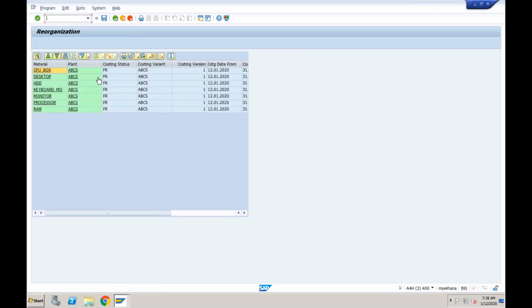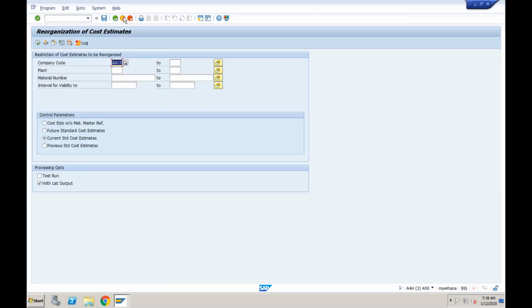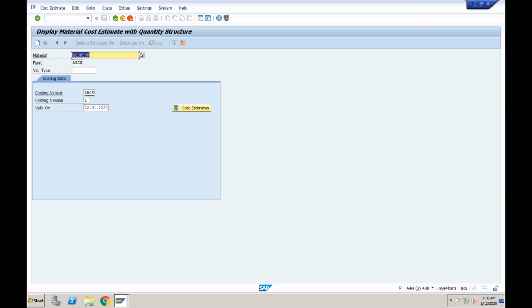Okay, so now there is no standard cost estimate available for these materials, all 7 materials, right? Which means if I go to CK13N and try to see if there is any released cost estimate, you can see there is no cost estimate as of now. Okay, please also understand when I say I can plan one material at a time,